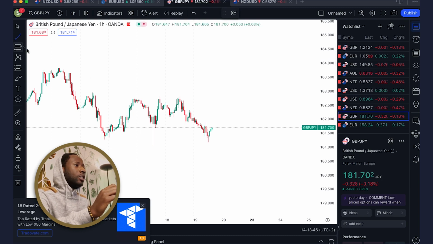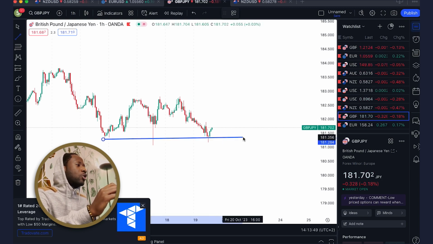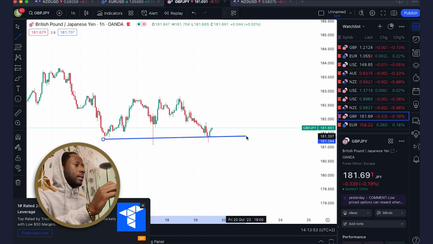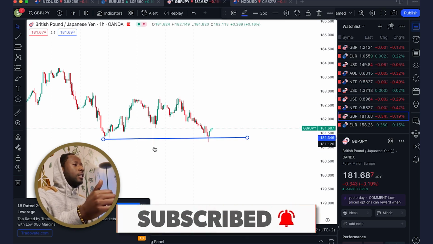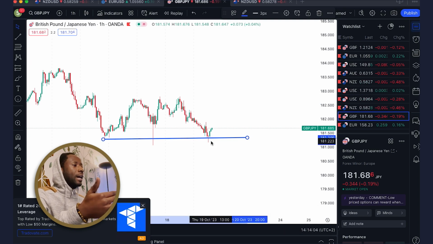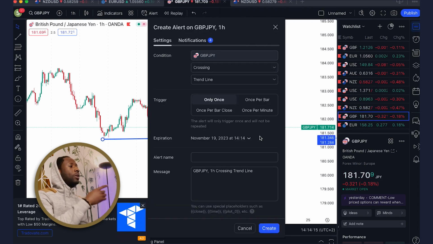Now, let's imagine, see this trend line. You see now the market is reversing. So let's take for instance that this is our neckline, okay? Let's say this is a double top, all right? And this is our neckline, okay? And we want to be notified the moment the market hits here. So the moment you draw this line, you come here and you put an alert on it.